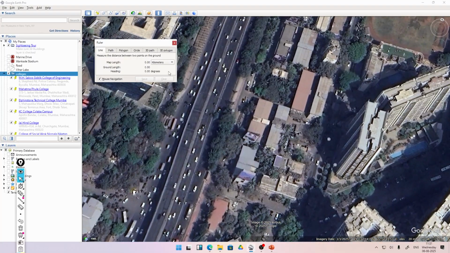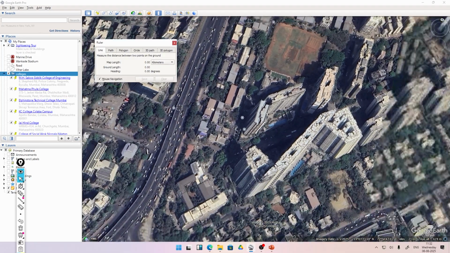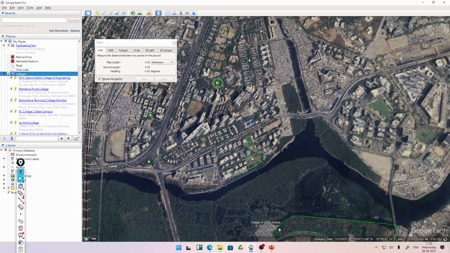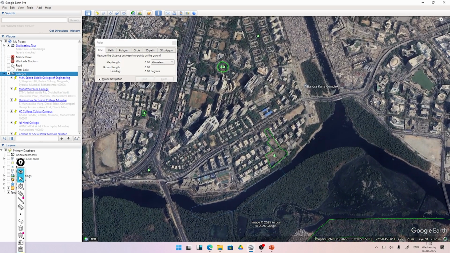Here I have zoomed into this road. We come to path. With the line tool itself we can mark the width of the road. Okay, so this is how we measure a line, and suppose there is a path we have to measure from point A to point B. So what we will do is